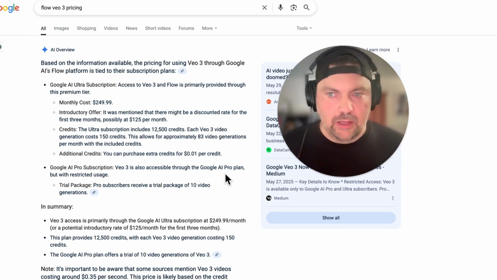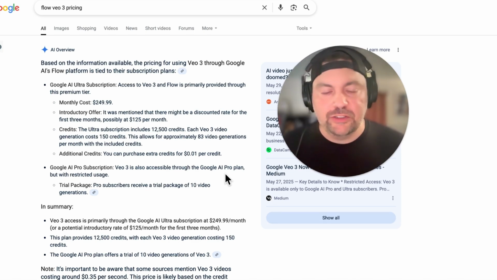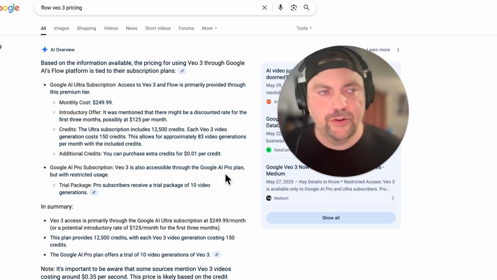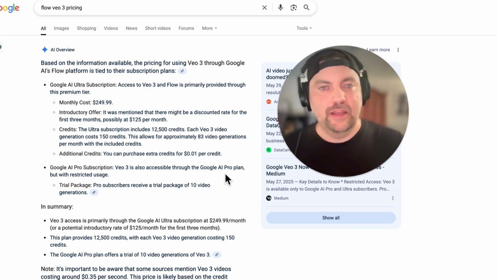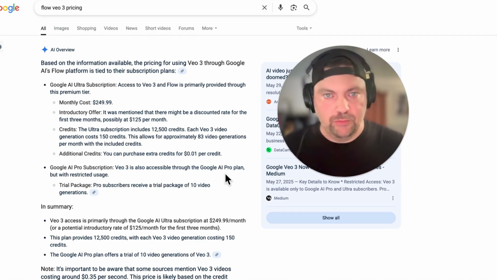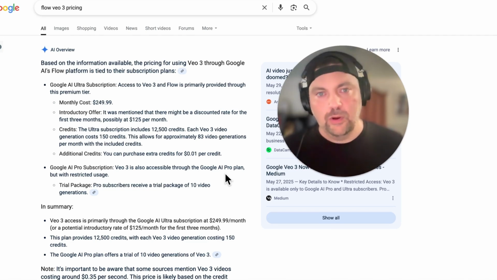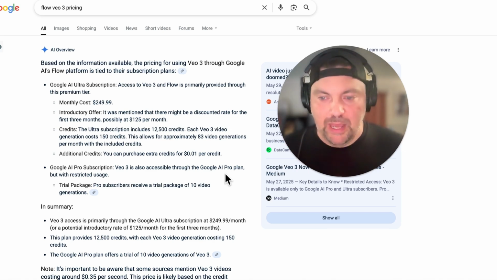I do also think that a lot of these other platforms that have already been in the video generation space, like Kling AI and others, are likely going to be quick to incorporate things like this. Obviously, Google has so much data and so much money that they will likely lead this space at some point, if not already. But there are other platforms that are already out there that have a lot of users that I'm sure now that they're seeing this, are going to quickly figure out a way to combine all of these, or maybe some partnerships will start happening where all this will happen seamlessly. But that is the pricing side.